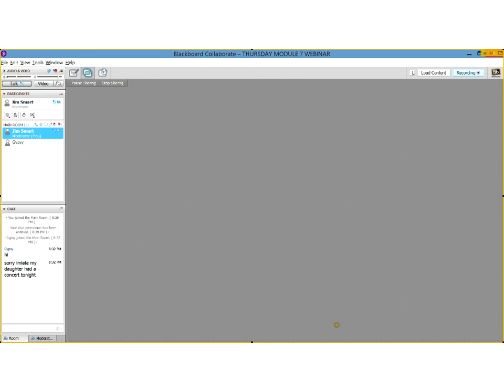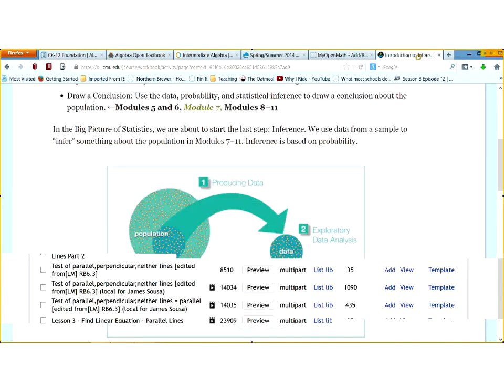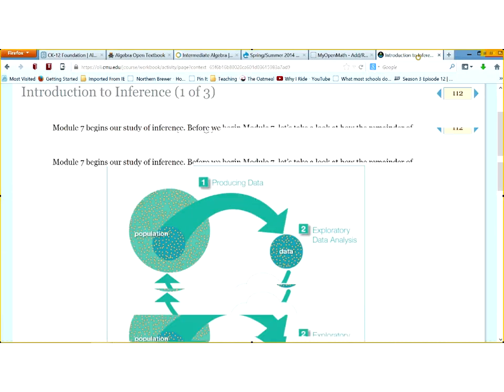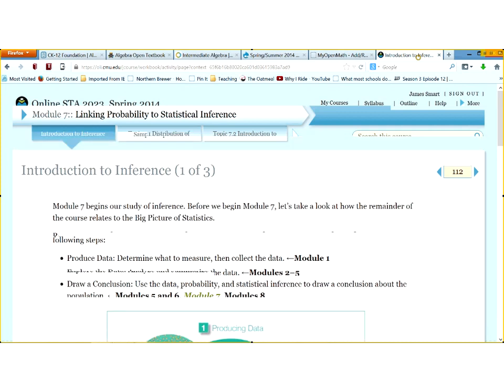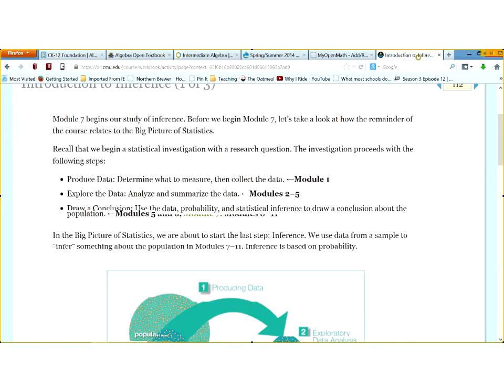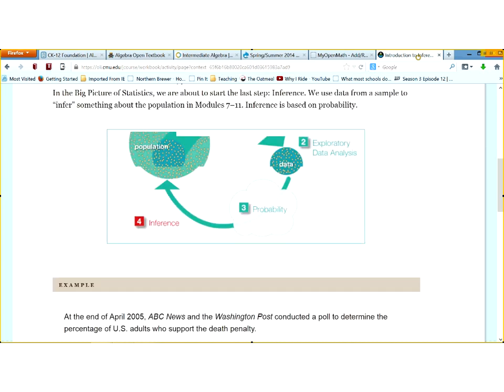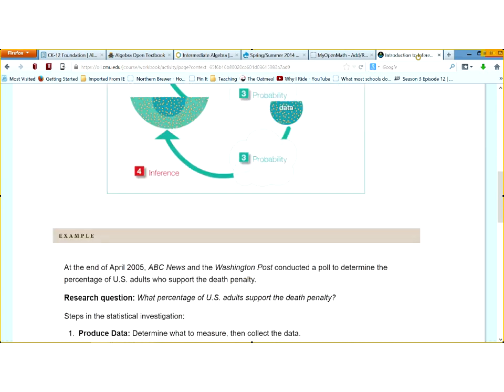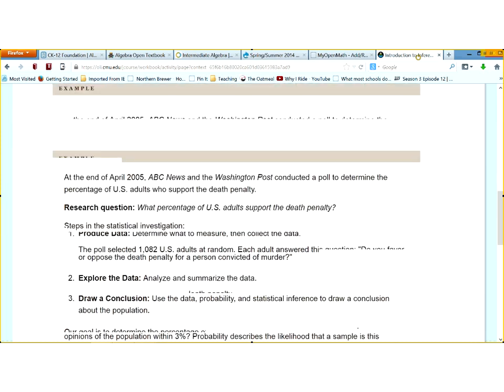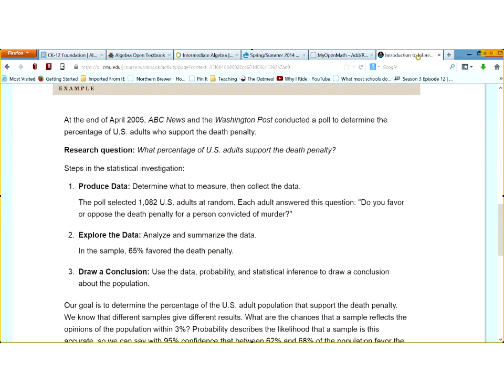So let's go ahead and pull up Module 7. I've already done that here. Here we go. So this is the first page, Introduction to Inference in Module 7. So we talk about the statistics, the steps we have in statistics. And here's an example, but we'll go through the steps. If we wanted to know what percentage of U.S. adults support the death penalty,